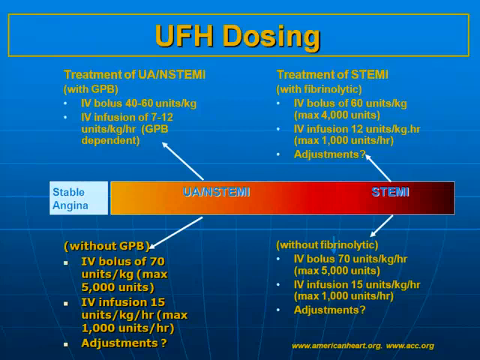In the old days, if the patient was getting a glycoprotein 2B3A receptor antagonist as part of the treatment strategy, which isn't done much anymore, the dose that was recommended was a little different than the dose that we give without those drugs. So at the bottom left-hand side of the slide, 70 units per kilo, 15 units per kilo per hour can be used. Keep in mind that typically the recommended max is 5,000, 1,000,